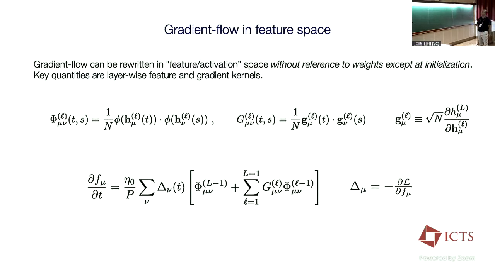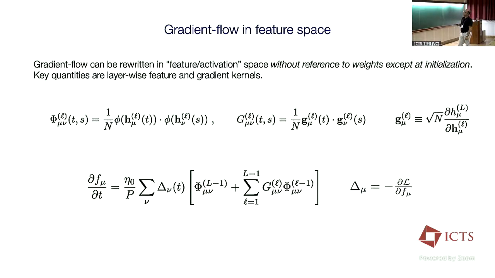Okay, so before saying anything, this is just a fact. This is not taking a limit, this is exact. This is about gradient flow dynamics of an MLP. This follows the notation from yesterday, but just to remind you, there are many indices here. L refers to the l-th layer of the MLP. The h vector is all the pre-activations in that layer. Mu is the index of a particular input. So this is the response of that layer to that input. And t and s are two different times in gradient flow.